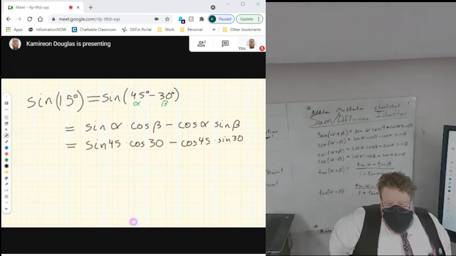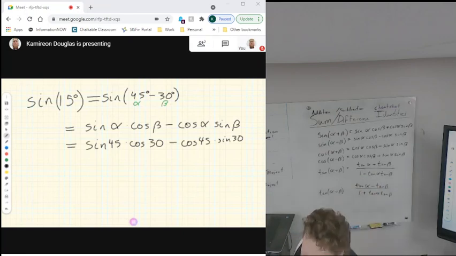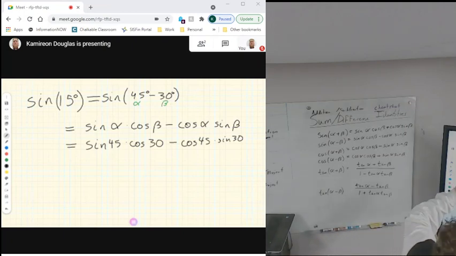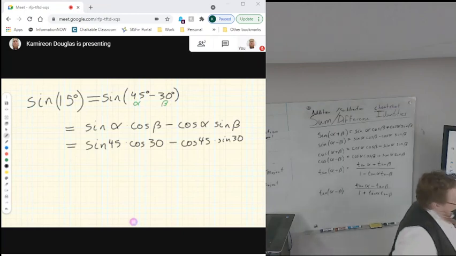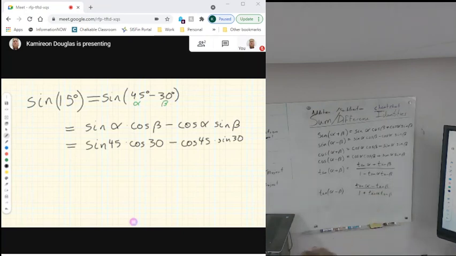Once you've gotten to here, the unit circle is our bestest of bestest friends. So I have to first take these problems and discover which values actually get me to the one I want. I want 15, 45 and 30 will do it. From there, I take these values and plug them into the specific formula. I'm doing a difference problem because it's 45 minus 30, and I plug each one into the respective spots for alpha and beta. Cool? Your answer, please. As a reminder for everybody else who may be doing it at their desk, sine of